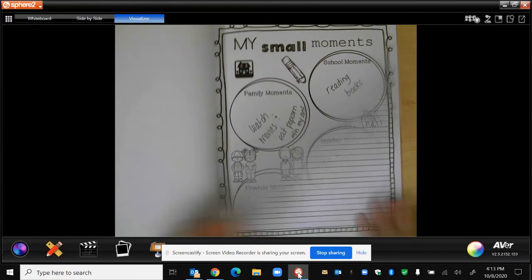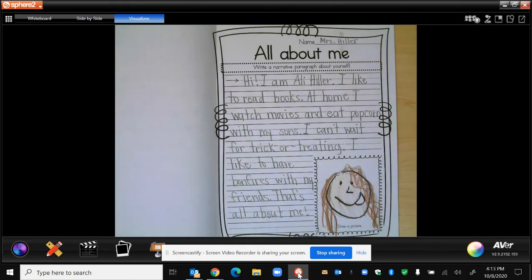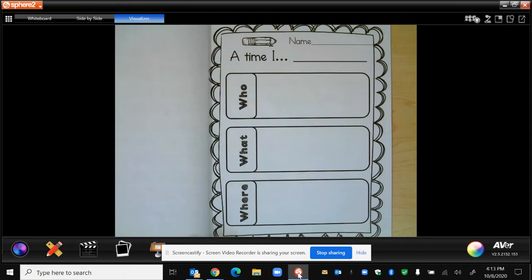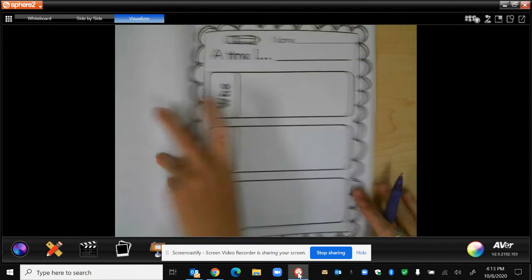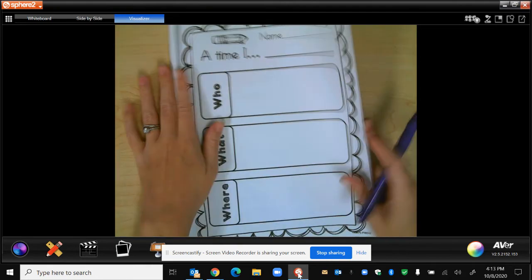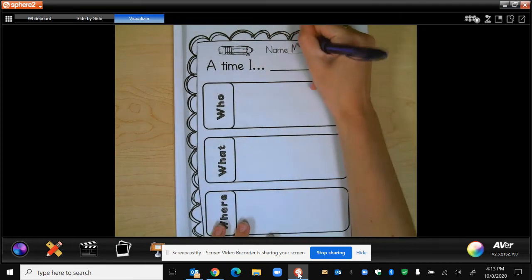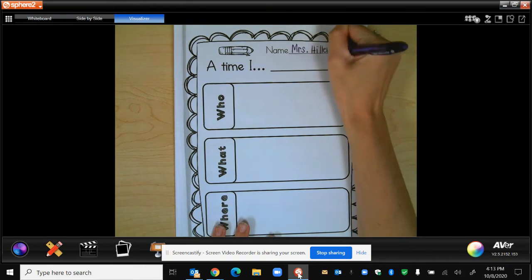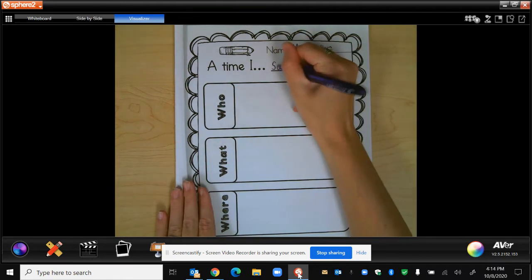All right, so the first one we did was this one right here, the All About Me narrative. This week, go ahead and turn to this next page. This week, we are going to start a new narrative. And our narrative this week is going to be about a time when you solved a problem. First, I'm going to write my name up here. And now, I'm going to think about a time that I solved